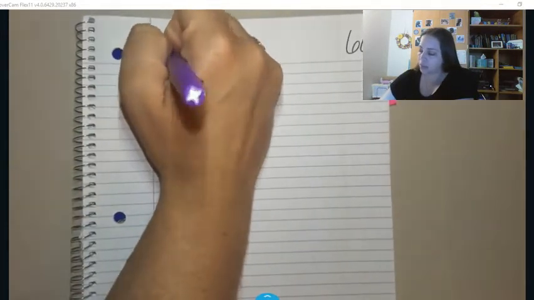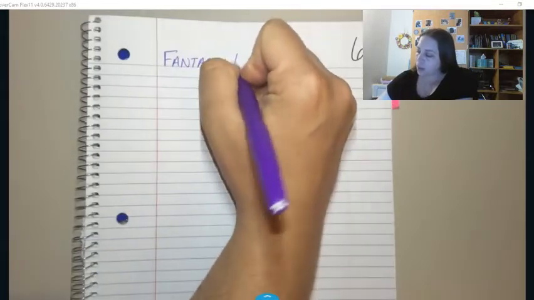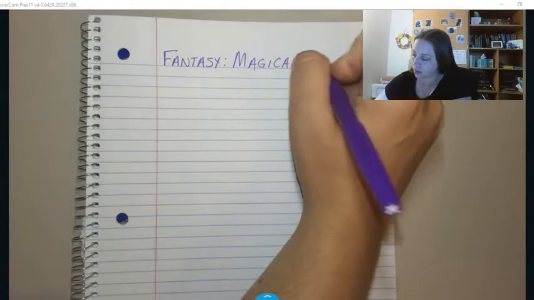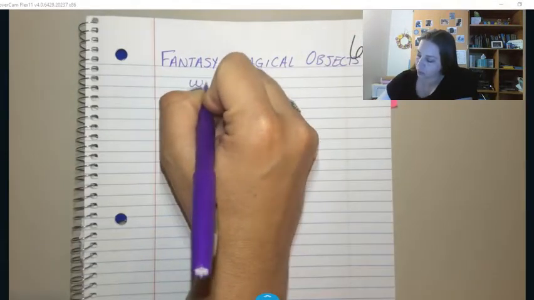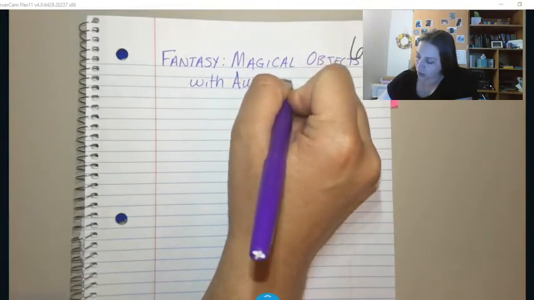We are continuing on with our adventures in fantasy, and in this particular lesson, we're going to be talking about magical objects with the author's purpose. So my title is going to be Fantasy Magical Objects with author's